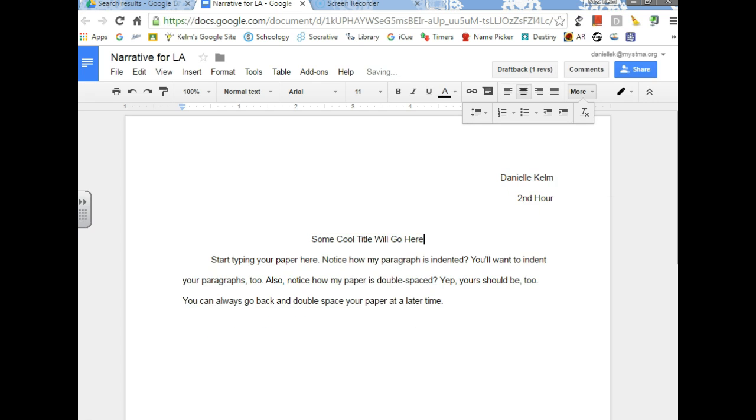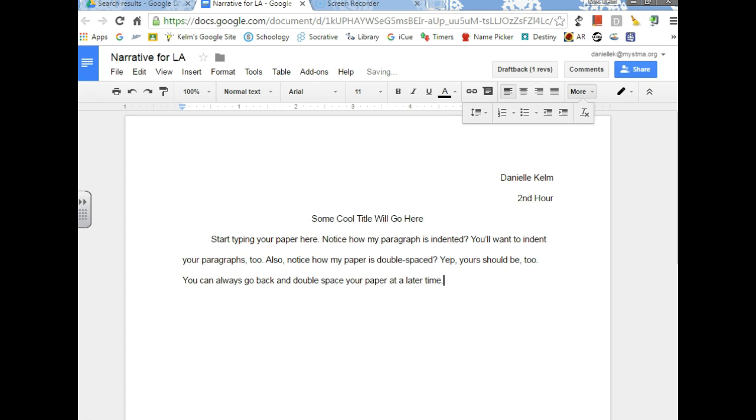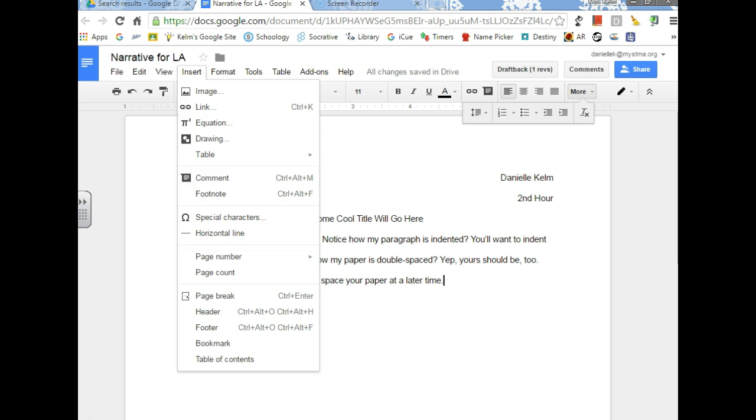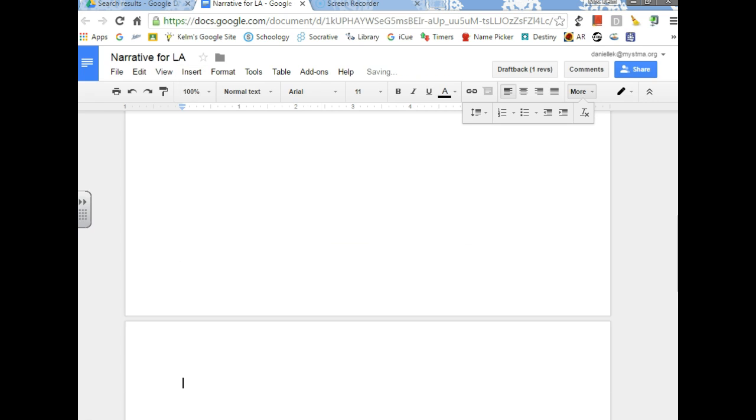Oh, that means I can get rid of that extra space there, and I got an extra space in here that I don't need. So you and your partner are both going to be typing in the same document, but if I'm typing up on this page, then I would want my partner to go ahead and start typing on a different page. So I'm going to insert a page break, and that's where my partner can start typing their